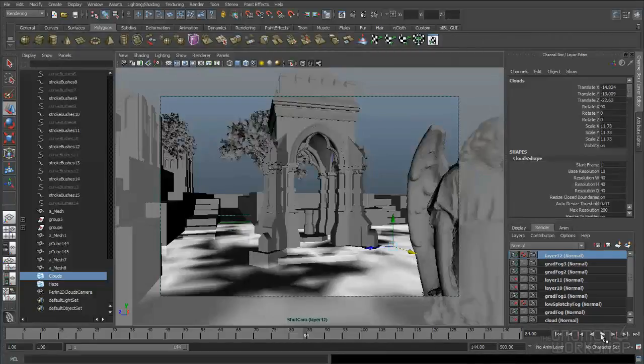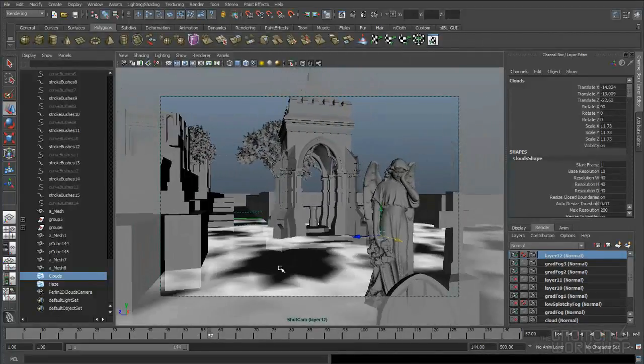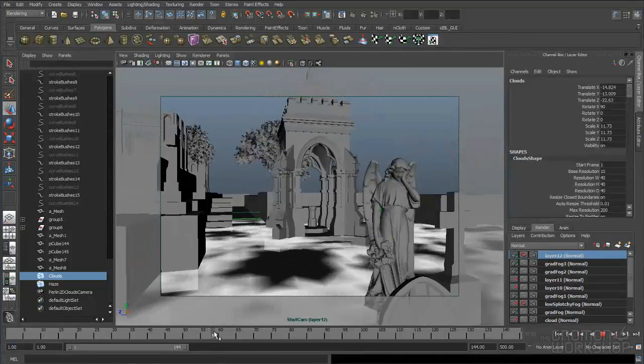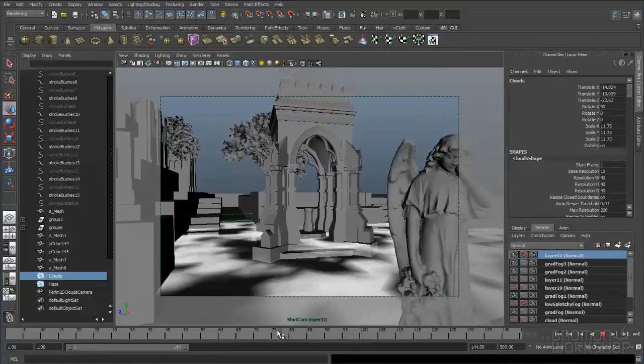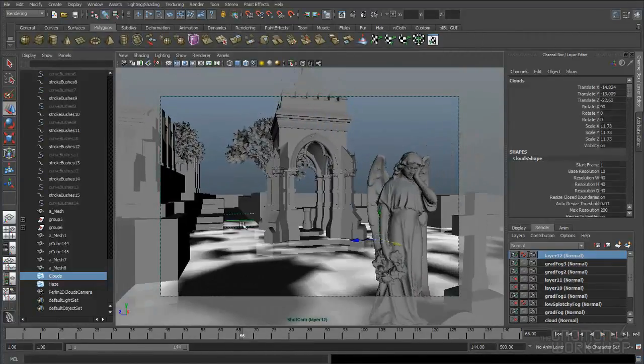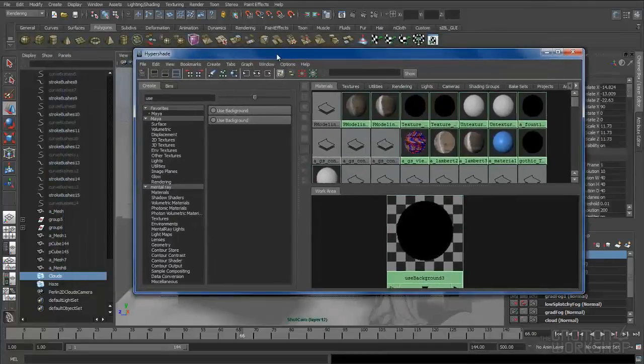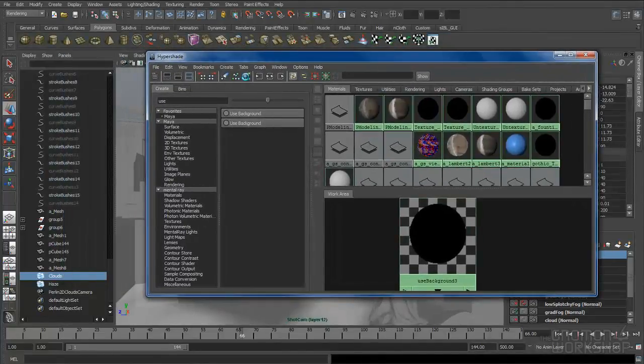If you play this, you can see that this is an animated cloud thing, and if you were to render this thing, it would be like some crazy thing was happening underneath here, and it's not really the look that I'm going for, to have all these clouds move really fast. I want it just to be static, and so if you go into your Hypershade here, and then you click this guy up there to graph it,